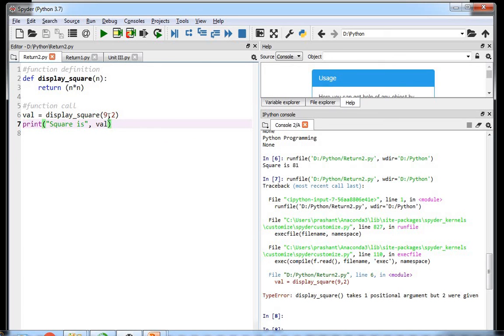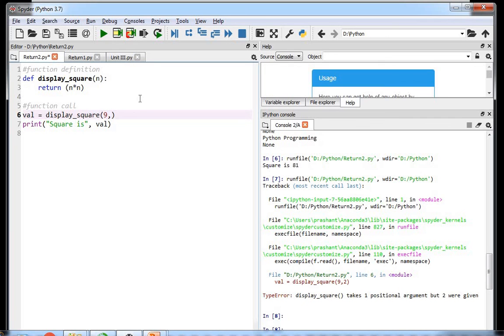We have passed two arguments separated by comma at line number 6 and we have accepted just a single variable at line number 2. It has the mismatch. Passed values are two arguments, accepted value is a single argument. This is why we got an error, type error. This is the rule for function call and its execution.